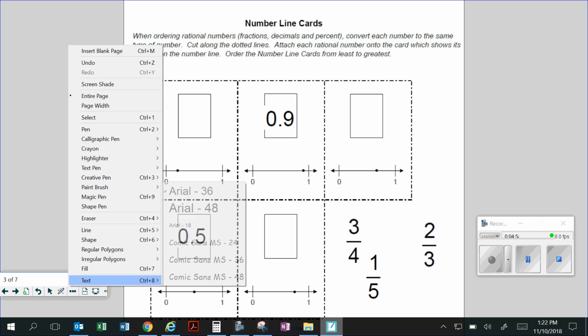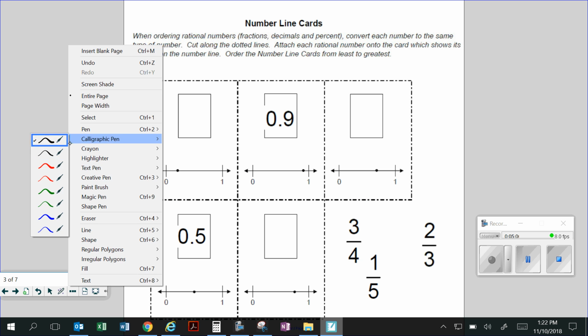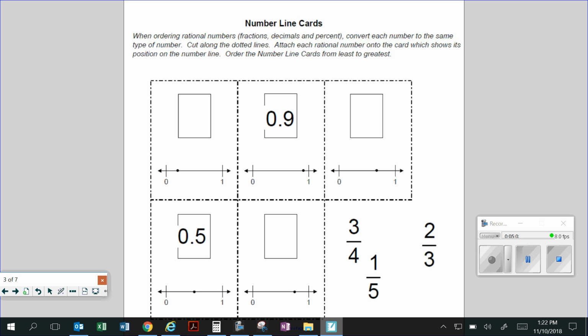All right, and so these ones, I'm going to take out my pen now. It's time to find a percent for each one of these. Let's start with purple. So let's start with 1/5. 1/5, how do you build this to 100%? Times 20, times 20, 20%. 3/4, how do you build this to a percent? Times 25, times 25,